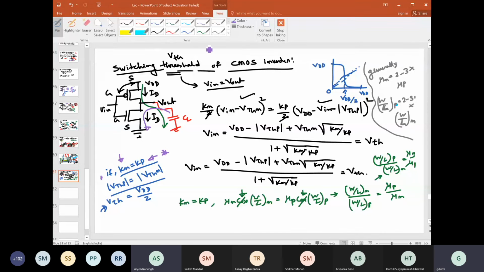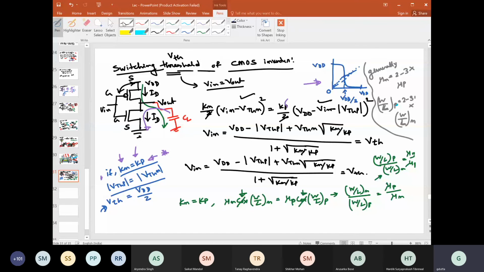Okay, fine. Time constant. We will keep this part for time constant in a different context, because we have not discussed much on this. But are you convinced with this point that to have a symmetrical VTC, we should fulfill this criteria? Yes, so that is clear. Okay, fine. So we'll keep the discussion related to the propagation delay part for some other context, because we have not started that part quite well. All right. Okay, great.